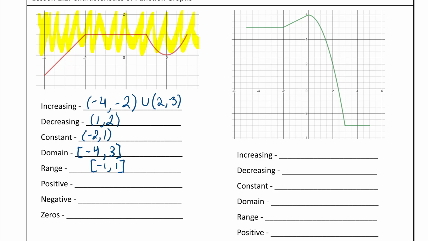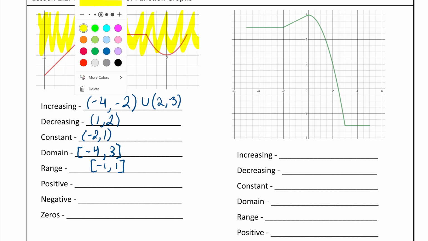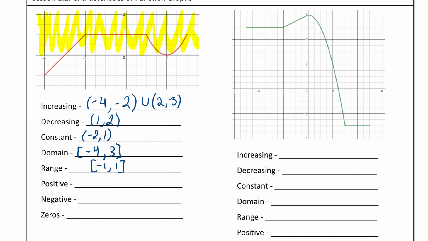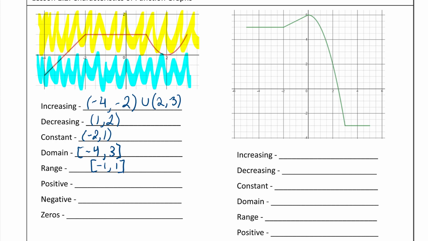So our positive numbers are the things that are up here for y. So we're looking for intervals, basically, where we are positive. Then we're going to look at intervals where it's negative. And then we're also going to answer, okay, where are there zeros? And maybe that's the easiest question to answer, or the best question to answer first, because that's going to be these places where it's